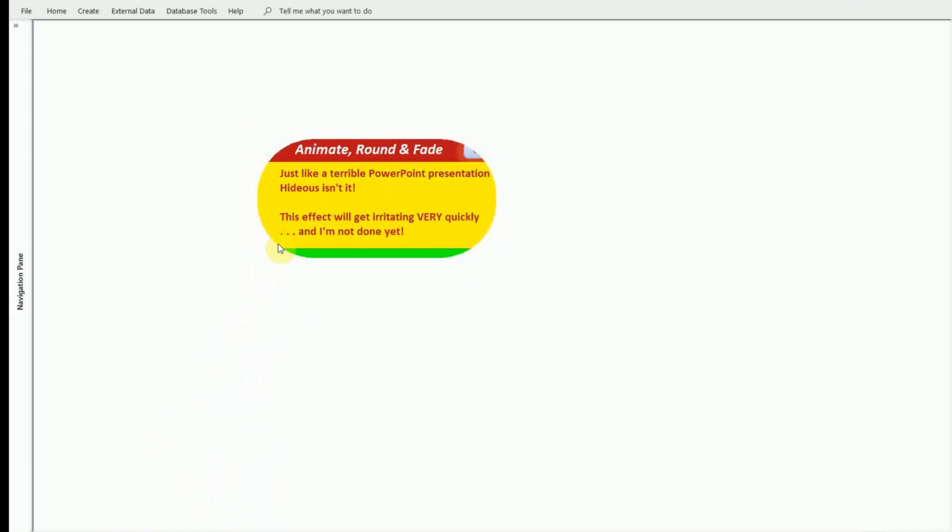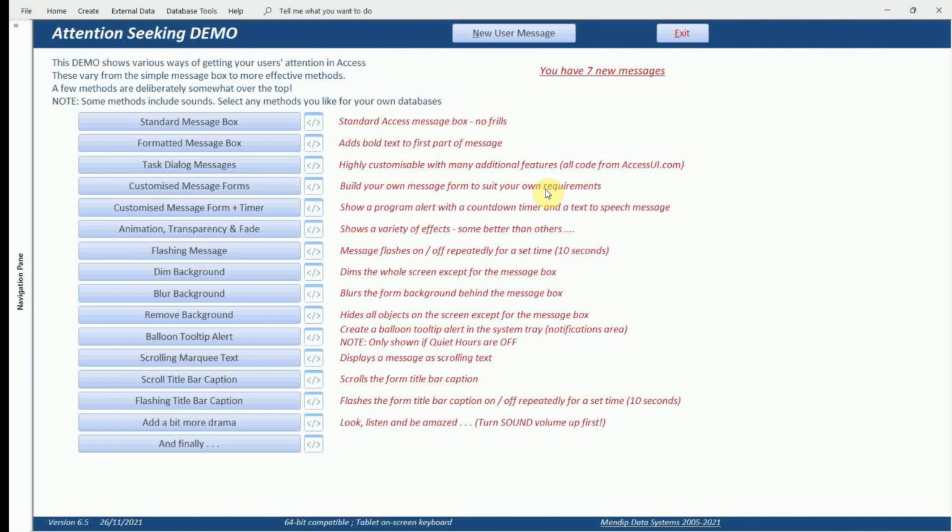Okay, and that one there, you saw probably it moved in from the side, it grew, and as it grew it changed colours as well. And it hasn't quite done it the way I wanted it to there by me doing design view on the previous one. I messed it up slightly. At the end of that it rounded the corners. Fade it out, get rid of it. If you really want to do that, make sure there's a good reason.